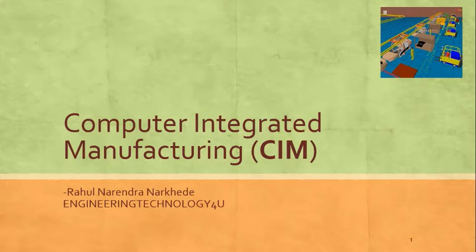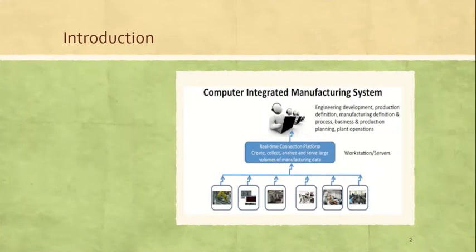In this video, we will see the basic working principle of CIM, that is Computer Integrated Manufacturing. We go to introduction. So first, what is CIM? CIM is the manufacturing approach of using computers to control the entire production process. This manufacturing can be faster. Typically, CIM is a closed loop control process. It is also based on the real-time input from the sensors.